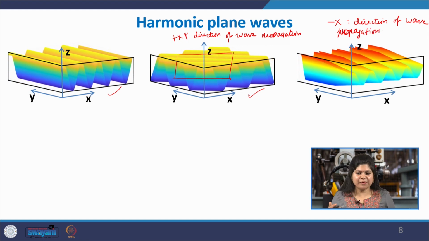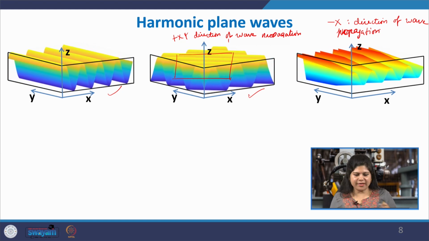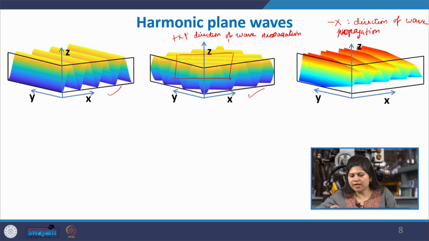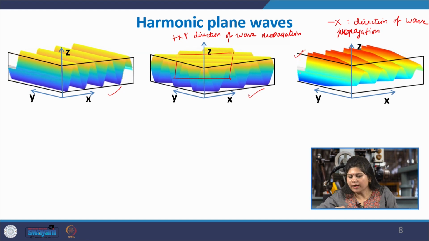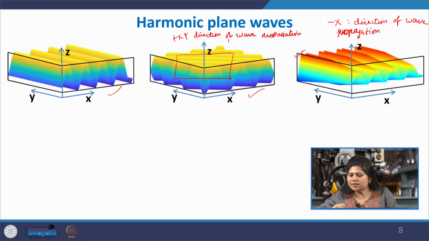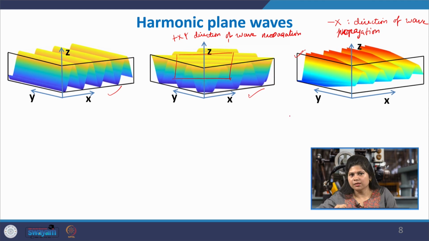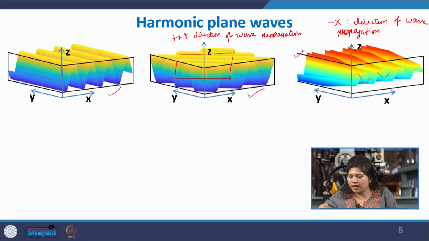And if we cut a plane that is perpendicular to it, so the planes which are parallel to yz plane, at any moment if we take a snapshot, in this particular plane, if you observe carefully, at any instance the particles still have the same phase, but do they have the same amplitude? The answer is no, because if you observe the plane here,